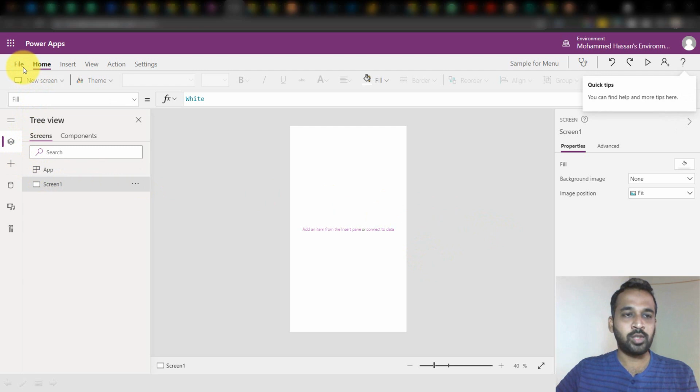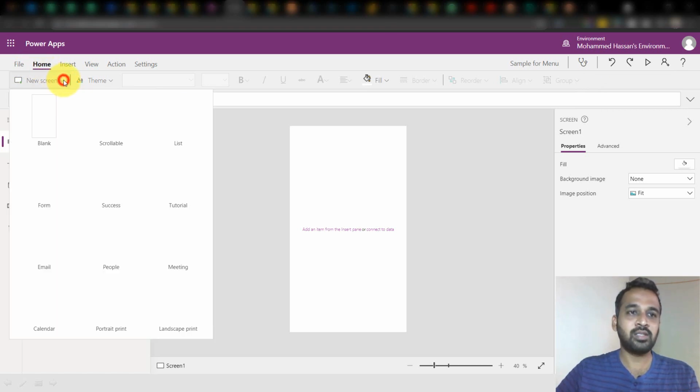So let's begin from the top, and here we'll start from the home menu, where you have this option to create a new screen.